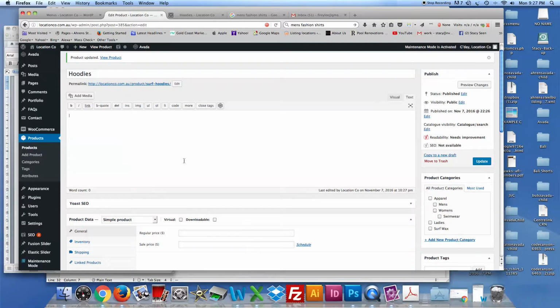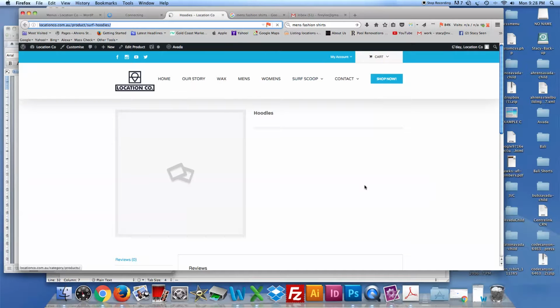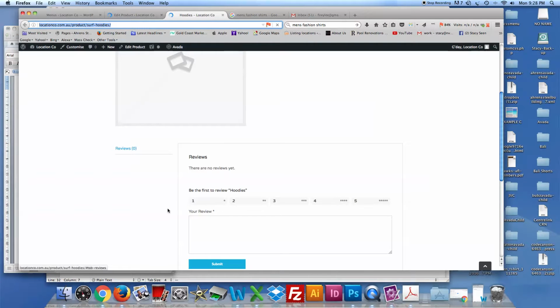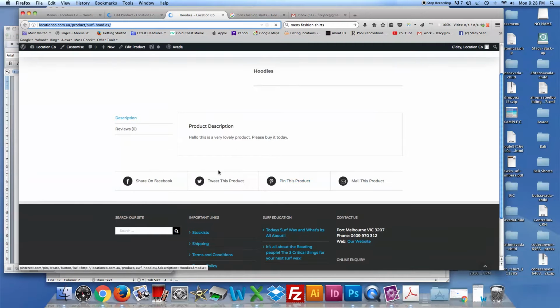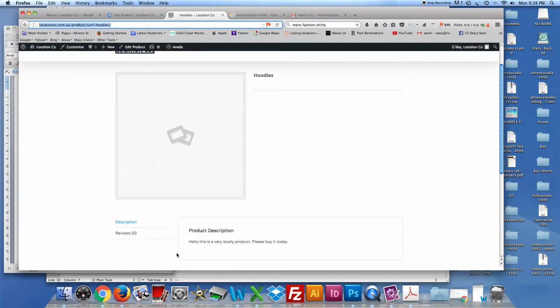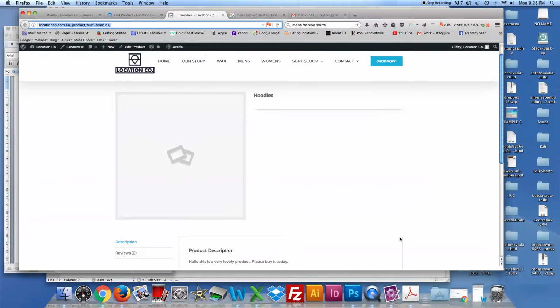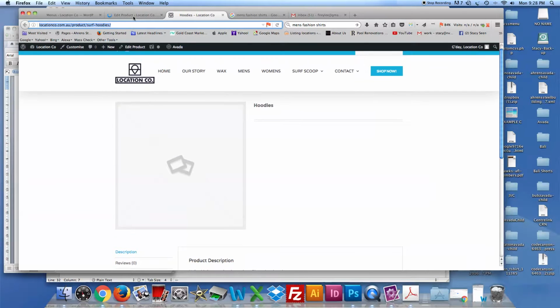This section here is basically for your long product description. So if I put it in here, obviously you would put in more, and that will populate this area down here. So you will find that it will bring up a little tab, as you can see, product description, right there. But the product that I'm creating,